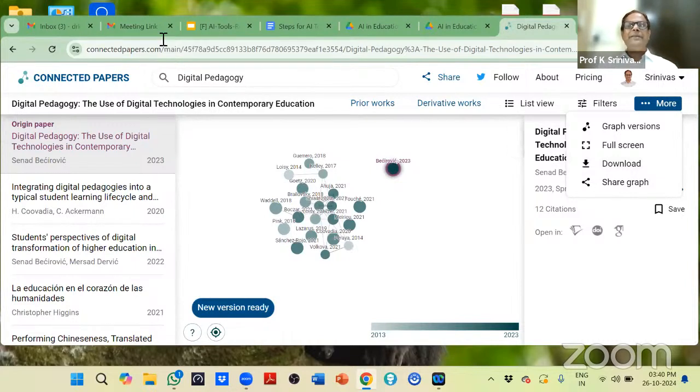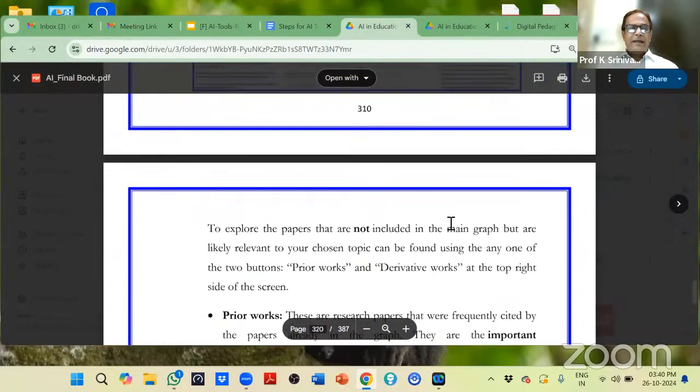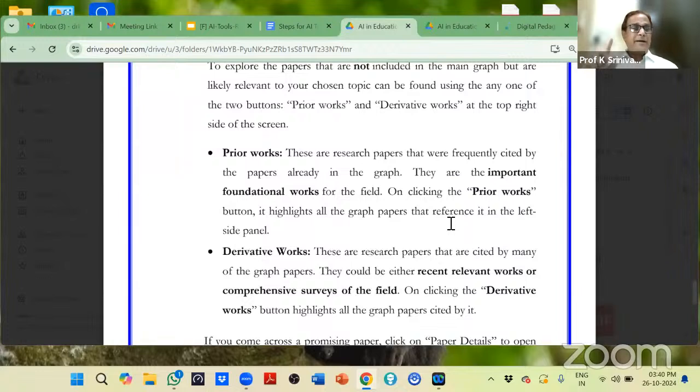करने के बाद we can see many more features can come like this, okay, like this. And prior works का मतलब, हाँ, ये भी सबसे इंपॉर्टेंट वाली बात है। बार-बार लोग मुझे जनरली ये पूछते हैं, prior works are the research papers that were frequently cited by the papers already in the graph, prior works, and they are the important foundational works for the field, ओके।